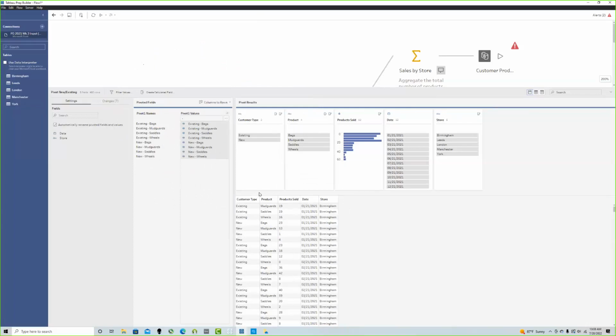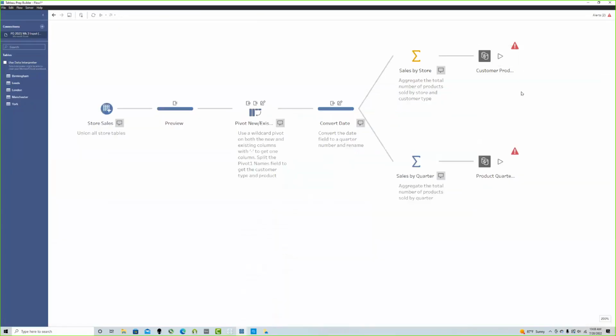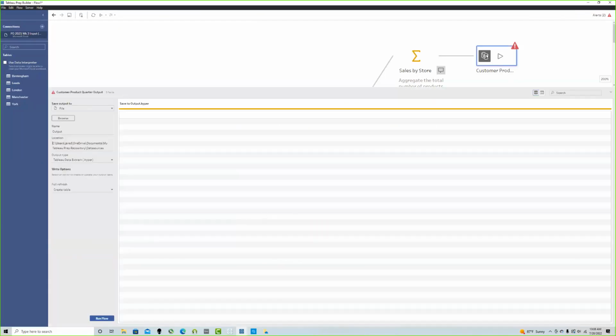Can you quickly show how we can connect this to desktop? So there's a couple ways you can do that. If you're wanting to just output the 2 separate data sources to desktop or connect to them in desktop, you could. I'm clicking my output here, right? So I would click to a file. I'll just name this customer